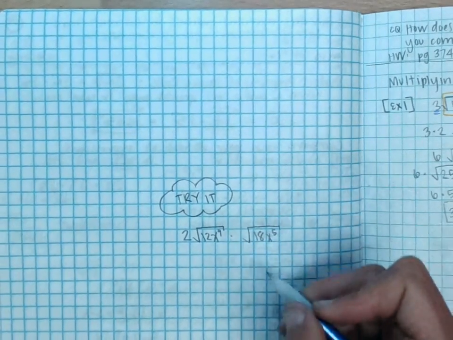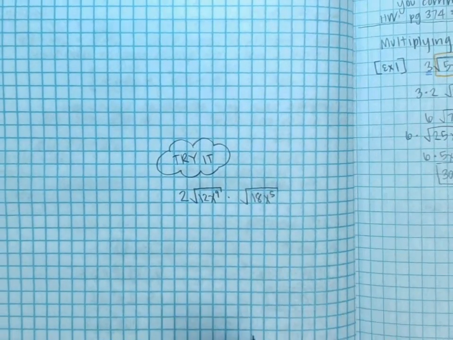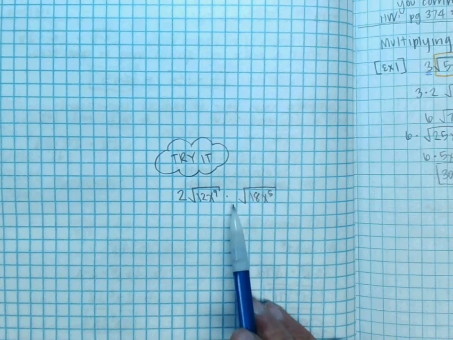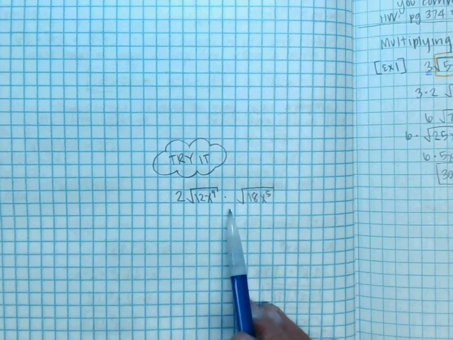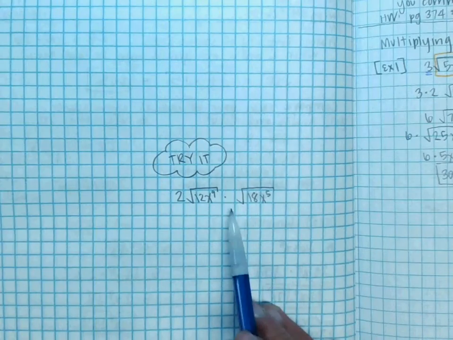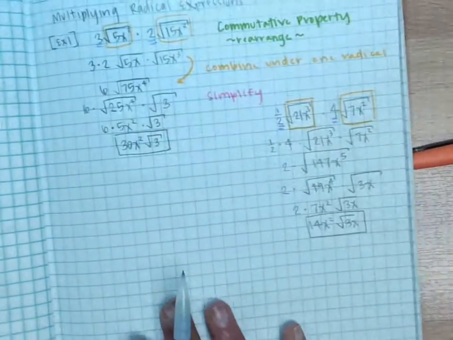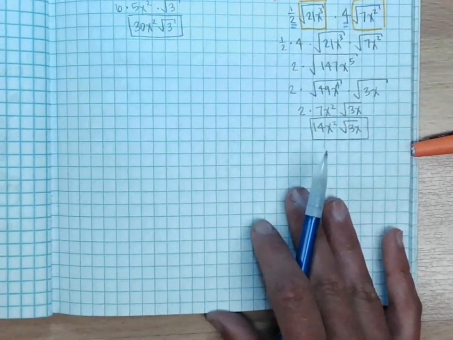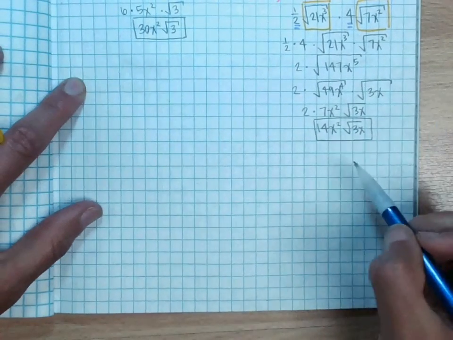Now I want to remind you that if there is no number in front of the radical, that is the invisible 1. Okay, now that you've done that and you've checked yours with my picture, which is on the Google Classroom assignment,